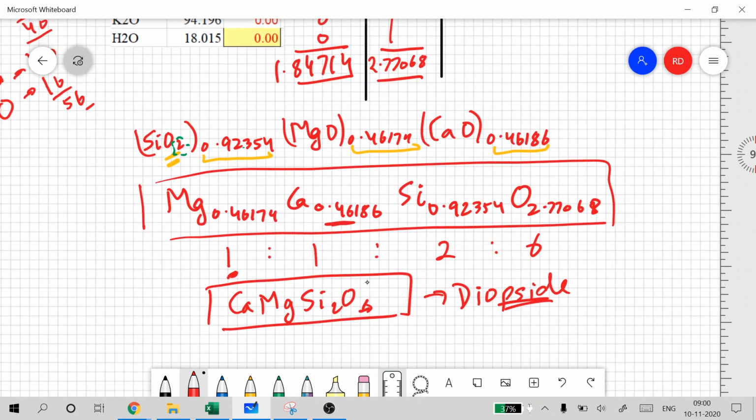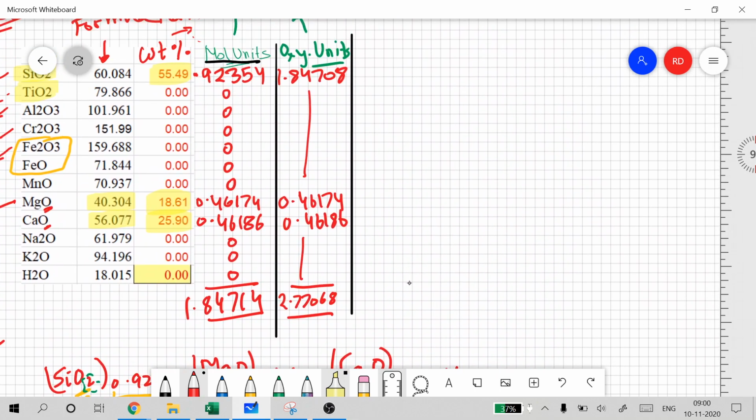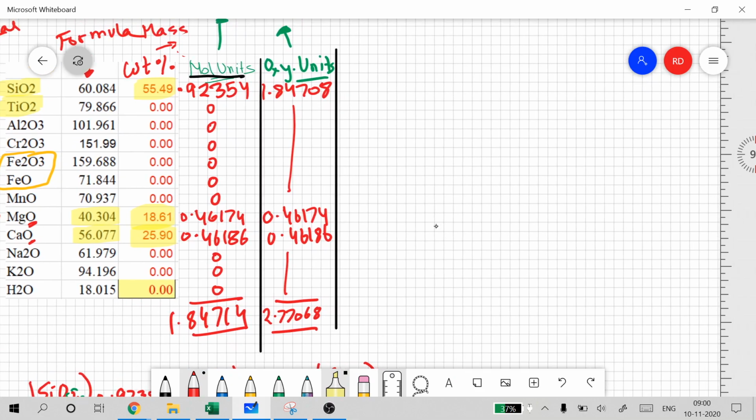So what we actually do in a table, I mean, how do you want to write it? It depends on that. Usually we want to report how many oxygen atoms we want in the final formula. That is what we take. So let's say we take 6 oxygen atoms in the final formula. Sometimes pyroxene is also written with 3 oxygen atoms in the final formula, especially if you don't have Ca and Mg, it's only Mg. So you will write MgSiO3 also. So 6, if you want 6 oxygens.